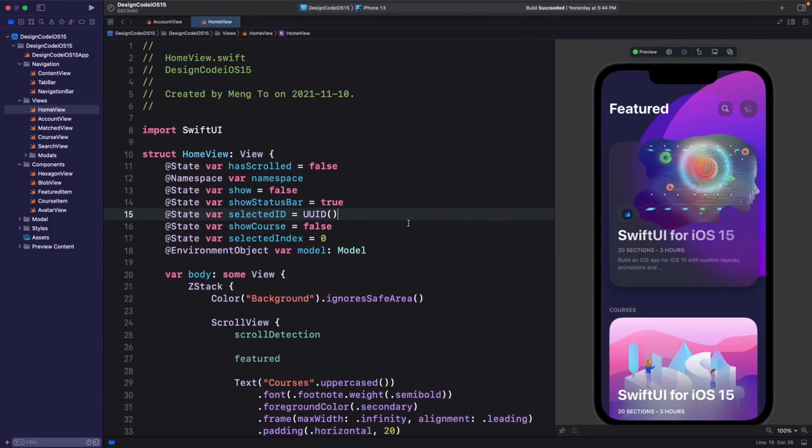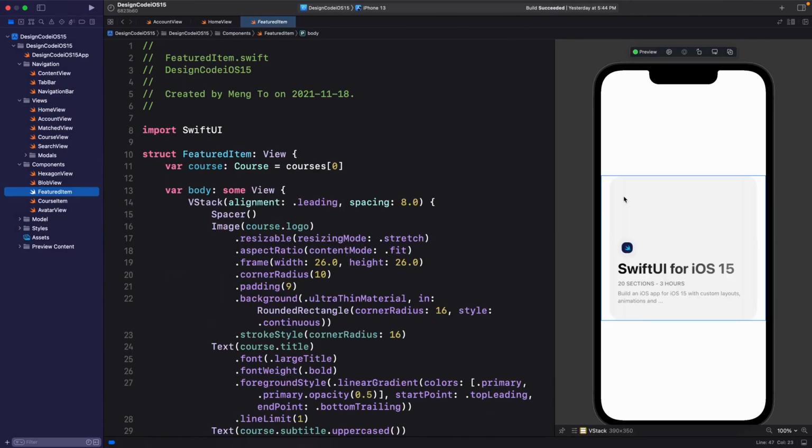Let's go to Xcode. From the home view, let's go to the featured item. In this case, we're using a background blur for the whole card. And that's fine by itself. Apple does that a lot, especially for the control center and the modals. But when you combine that with a lot of drop shadows, and let's say you have to scroll, then you have inner elements like this one, and you might have hundreds of cards as you scroll, then it may affect